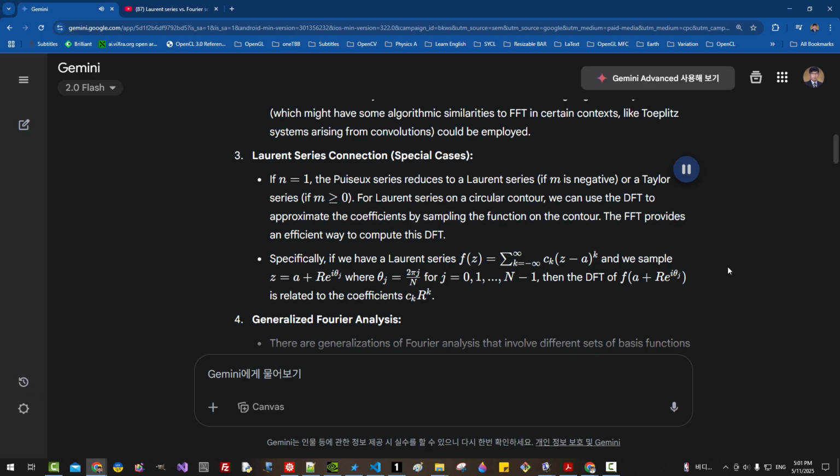Specifically, if we have a Laurent series f(z) = sum over k from negative infinity to infinity of c_k (z - a)^k, and we sample z = a + r e^(iθ_j), where θ_j = 2πj/N for j equals 0, 1, up to N - 1, then the DFT of f(a + r e^(iθ_j))